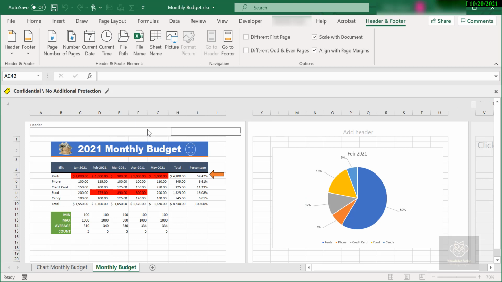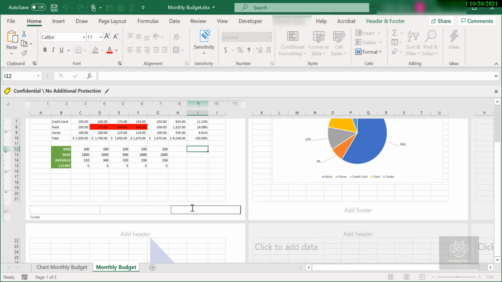What I want to do here is put some text at the top of each of my pages. I want it to be 2021 monthly budget, maybe here, and here I will put my channel name. So it's going to show up on each page of the document, and then at the bottom of each page I want the page number, and maybe some other bits of information. There's all sorts of goodies you could put, like static text you could type on your keyboard, whatever you want, or you can use something more dynamic like page numbers and dates and stuff like that.